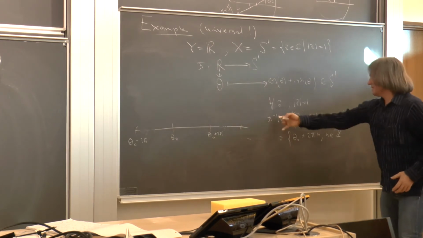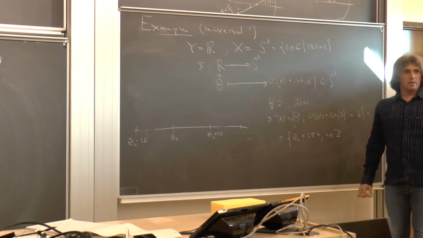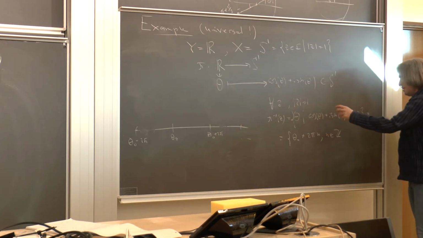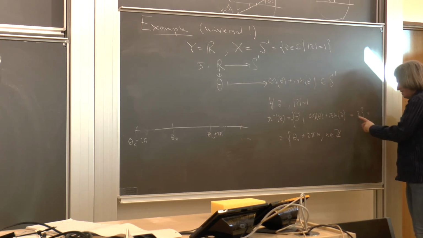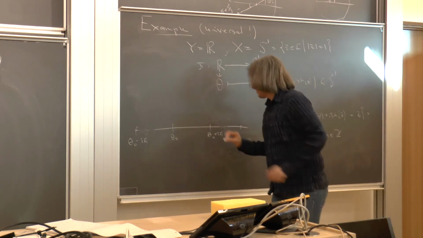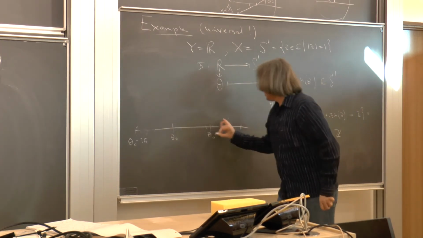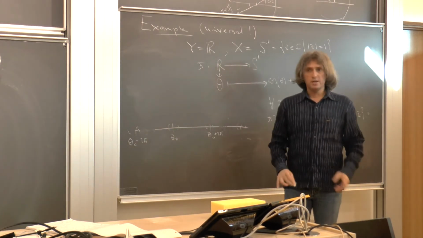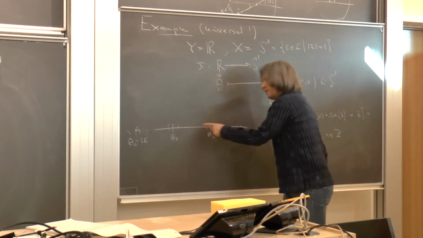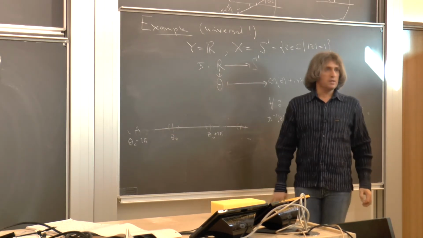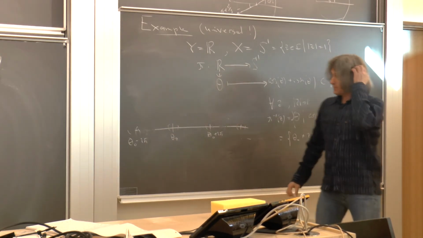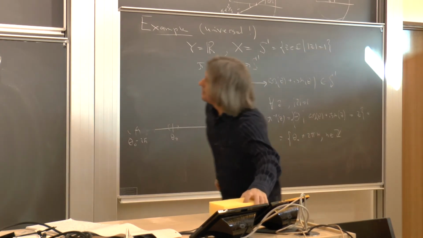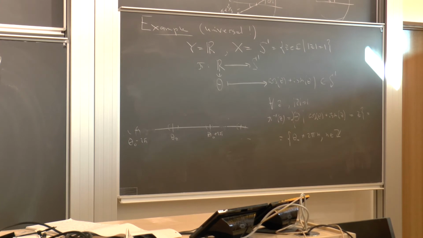So this is the preimage, right? And it's clear that if we're interested in a neighborhood of this point, and this neighborhood is small enough, then there'll be many small neighborhoods around each of these points. So the preimage of a neighborhood will be the disjoint union of small neighborhoods around all of these points. By the way, in this notation from the book,